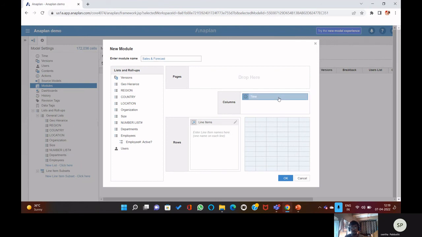Whatever time settings we have given, we have to mention here. It is not compulsory, not mandatory. If we want, we can remove the time dimension. Here, the line items. Line items belong to modules only. We have to create them in modules. Line items are held in modules. For line items, I'm taking something like